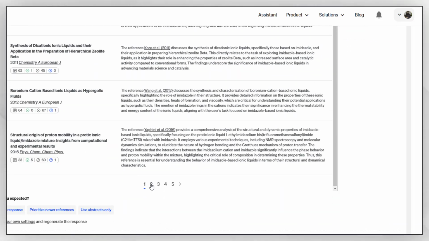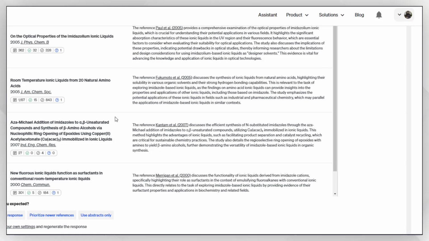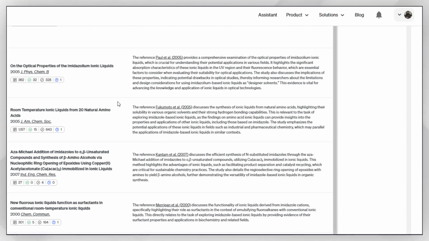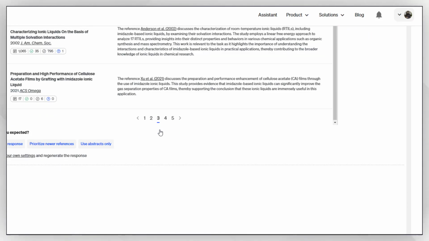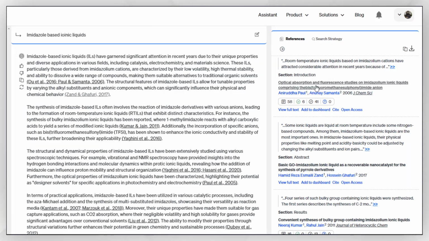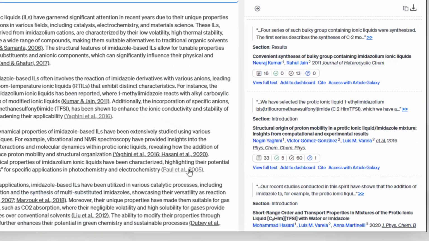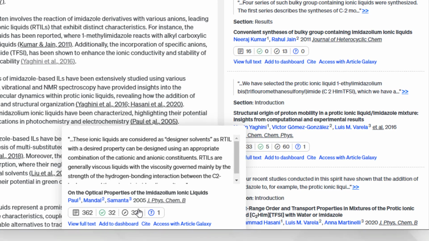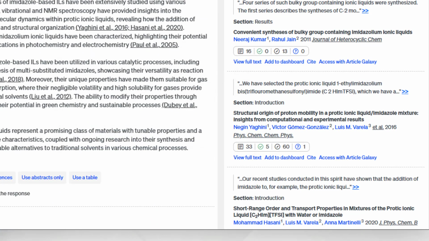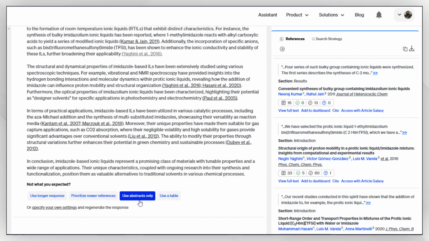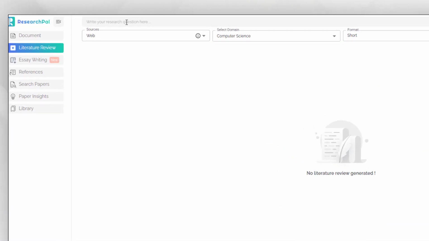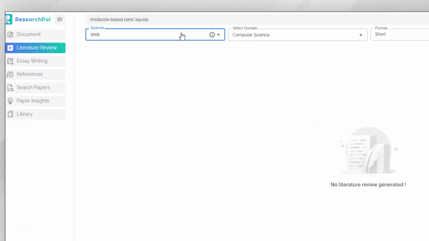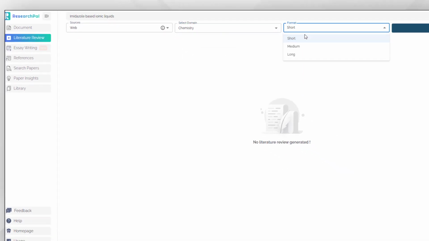Scite.ai is preferable for finding literature and citations, because this tool shows us how a paper is cited by others. Scite.ai also helps you to uncover impactful research that has few citations but is highly regarded within the field. You can also use ResearchPal for writing your review paper, because its literature review section helps you